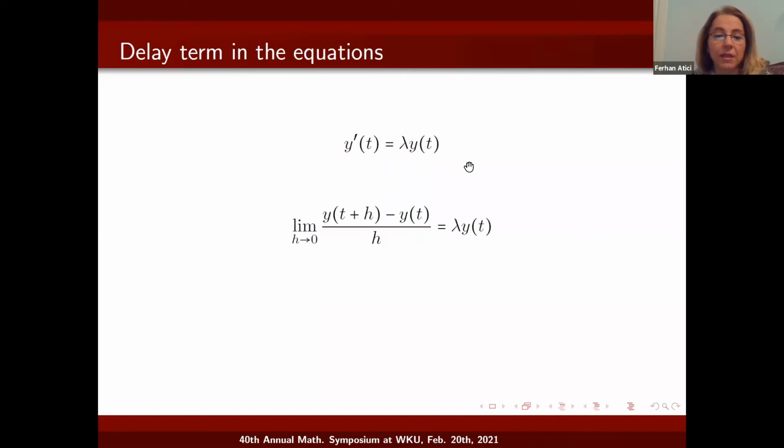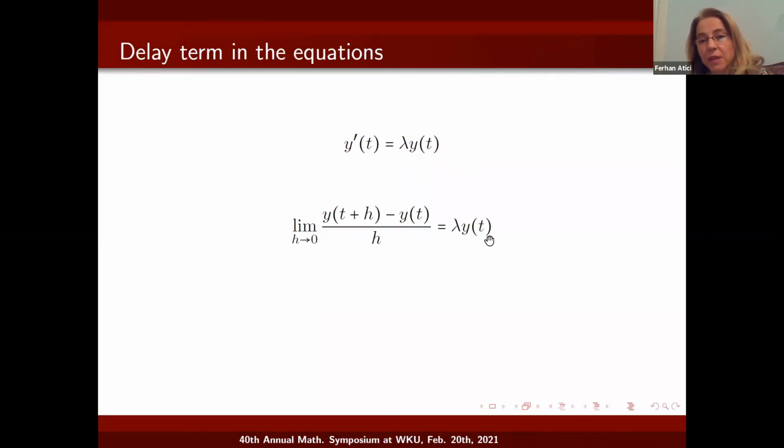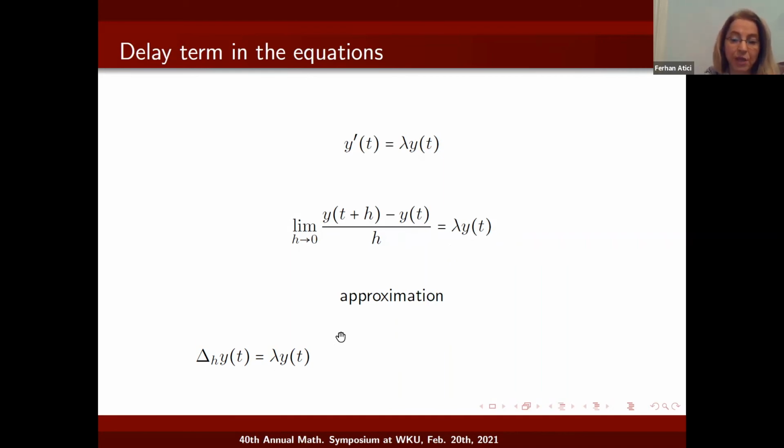Then you take this y prime of t and write it as a limit, and the right hand side stays the same. Then you do an approximation, and approximation means taking this limit out. When the limit is out, this quotient is the delta operator, and the right hand side stays the same. But if you shift this equation t unit left,